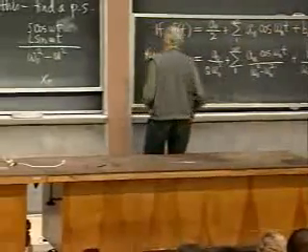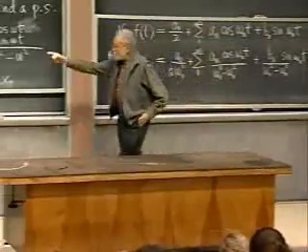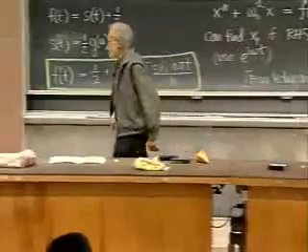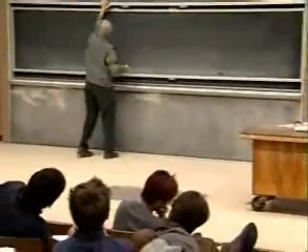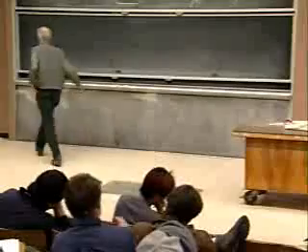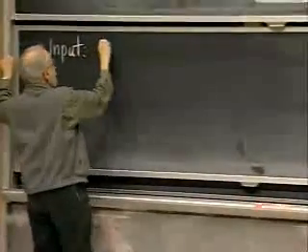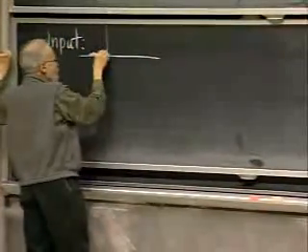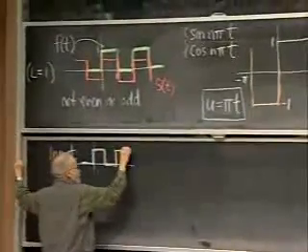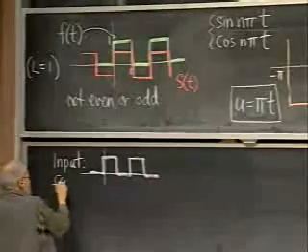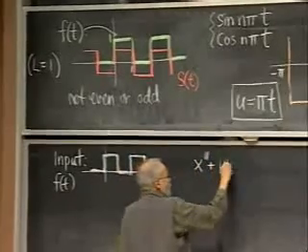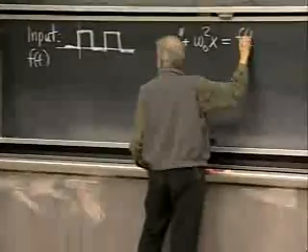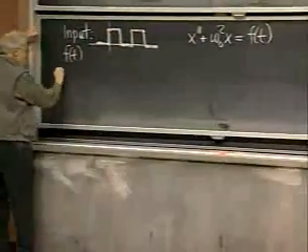All right, well, let's apply this to the green function. What do we have? We have its Fourier series. So if the input is this square wave, the green square wave, in your notes, this particular f of t is the input, and the equation is x double prime plus omega naught squared x equals f of t, then the response is,